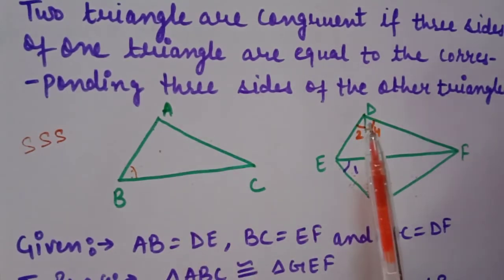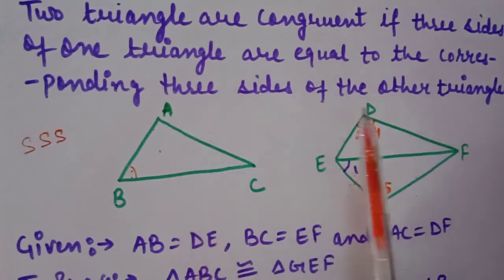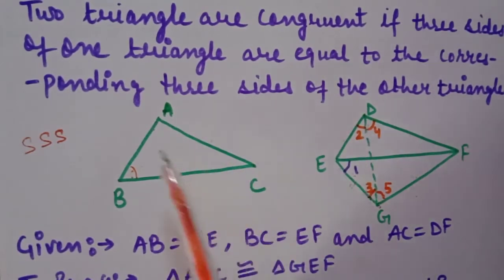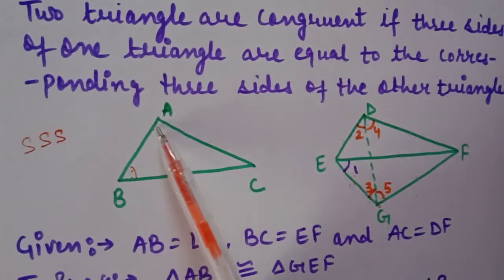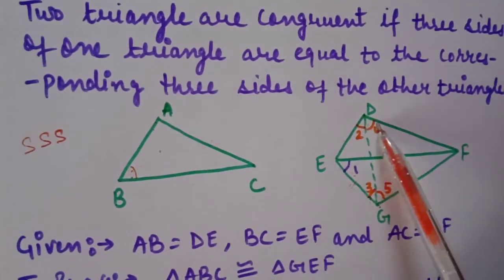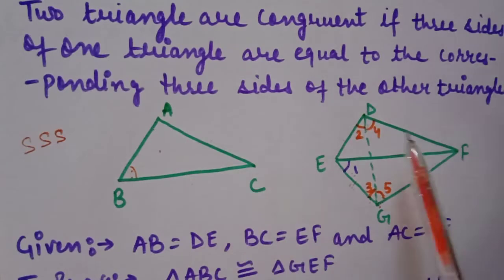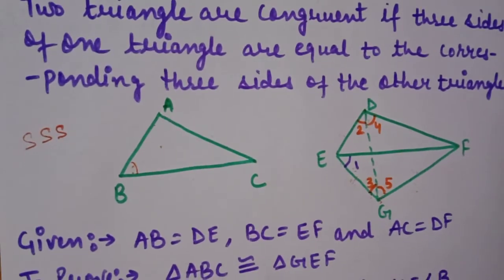Now we have one more element which is equal in these two triangles, which is not in the given. So we will take AB is equal to DE, angle A and D are equal to each other, proved above, and AC is equal to DF, given. So both triangles by SAS are congruent to each other. So students, this is your theorem 7.4.